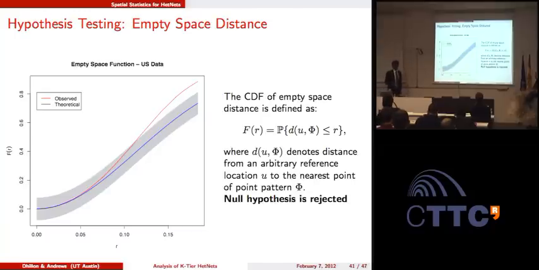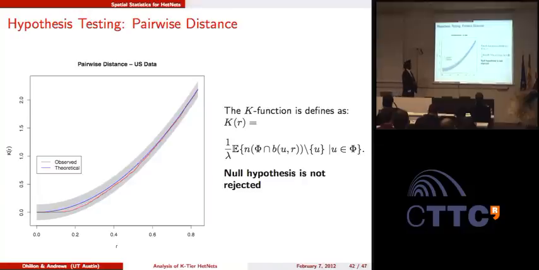It just says that it wasn't Poisson. And now we have a pairwise distance for which this function is defined, a K function. It is quite popular in the spatial statistics community, but I won't go over it in detail. In this case, interestingly, the null hypothesis is actually not rejected. According to this, whatever metric we are choosing, the data might actually be from Poisson. So we need multiple metrics, we need multiple statistics,